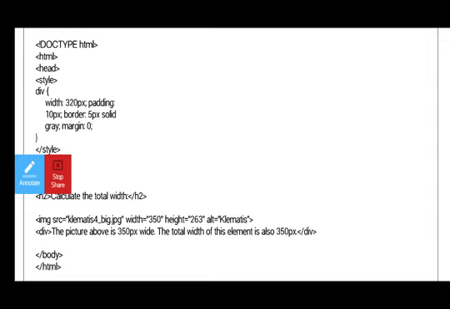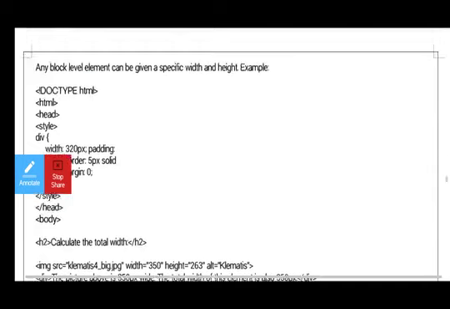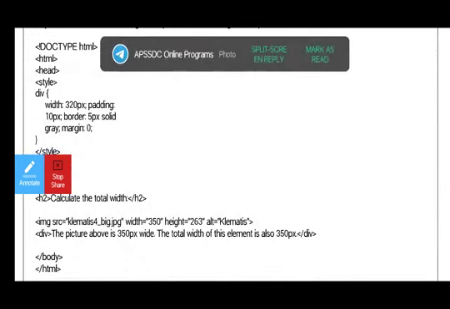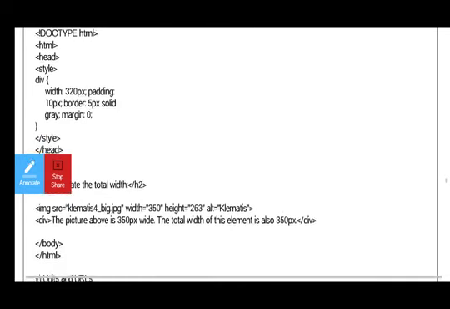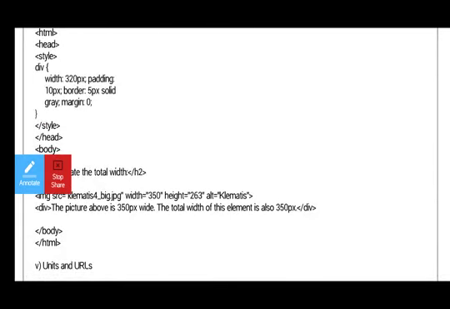In this division, inside the brackets, width is 320 pixels, padding is 10 pixels, and border is 5 pixels solid. We can also use dotted or double lines, solid gray, and margin is 0, and we close the curly brackets and the style.